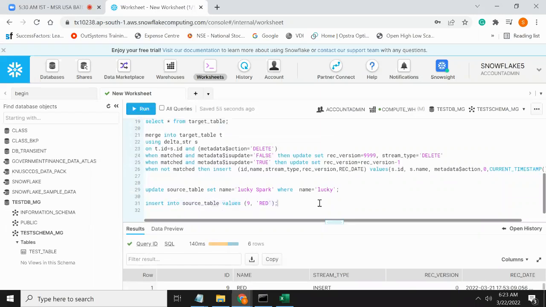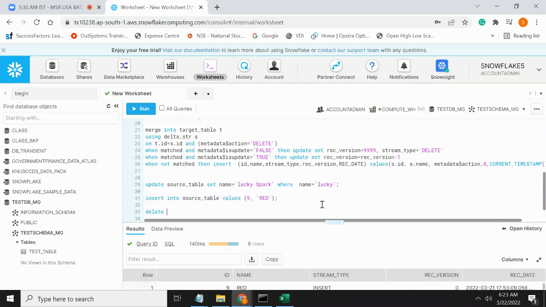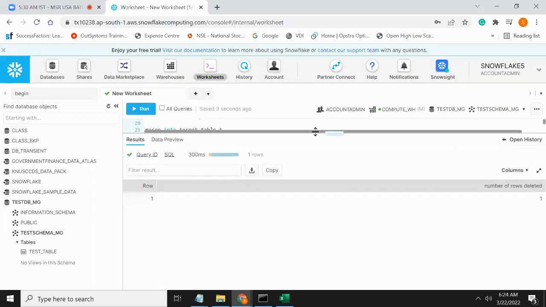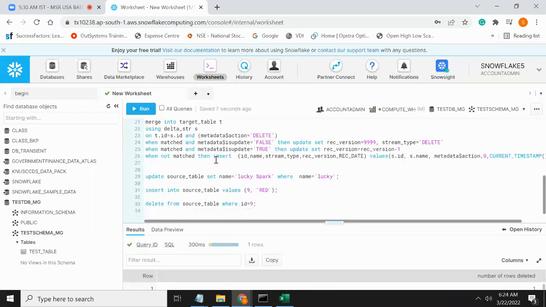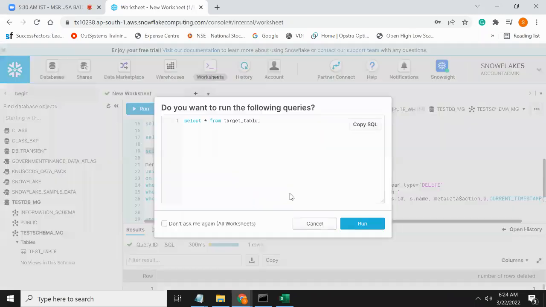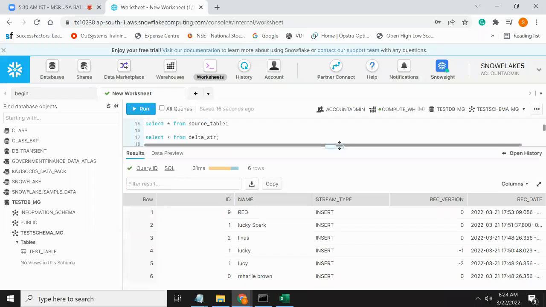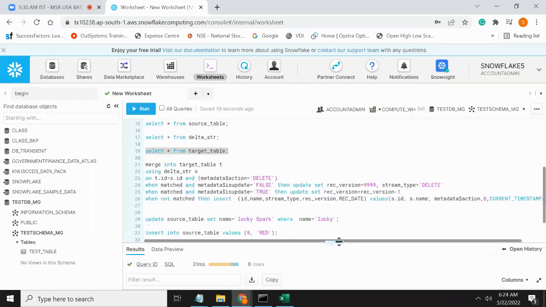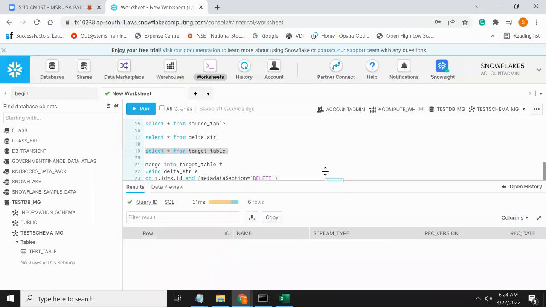Suppose the same record, so we are going to delete from source table, where for example id equal to 9. Observe this. What happened here now? One record deleted. This record has been deleted. Now again, if you try to execute, okay, before that, let's check this data. See this, what you observed? We have this in a target table with a delete entry,